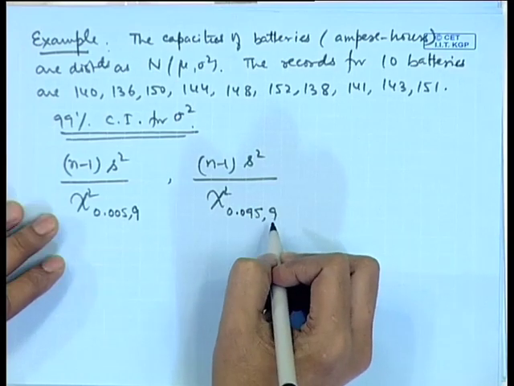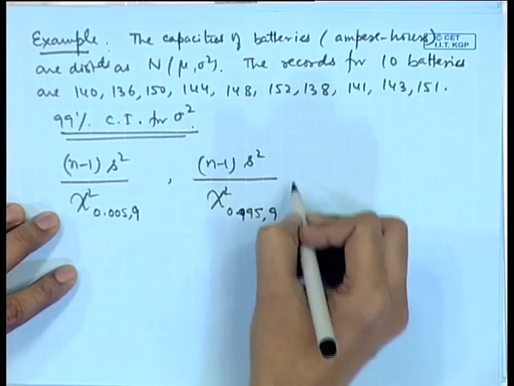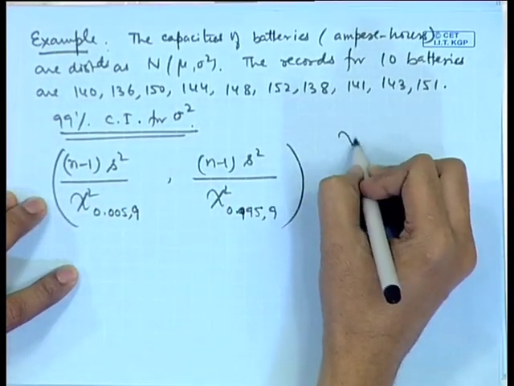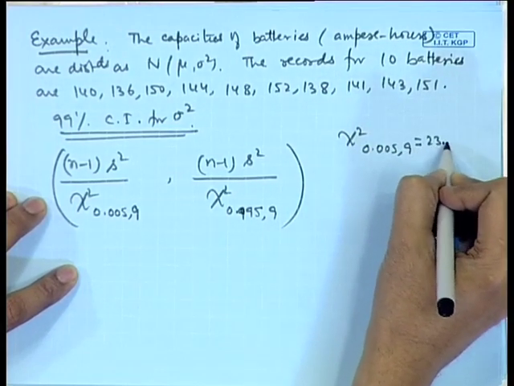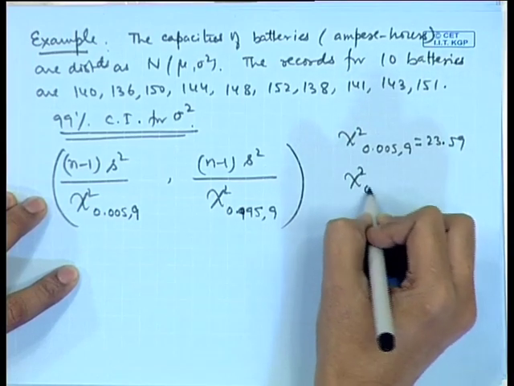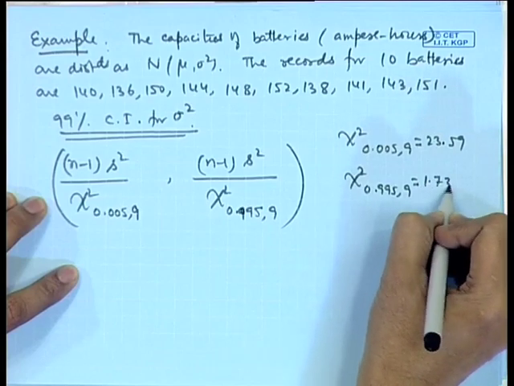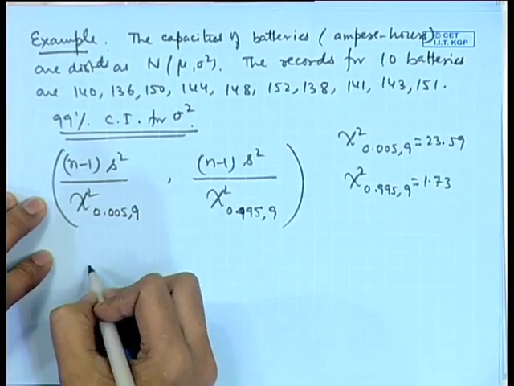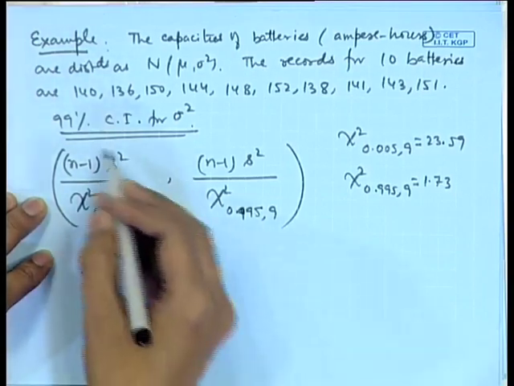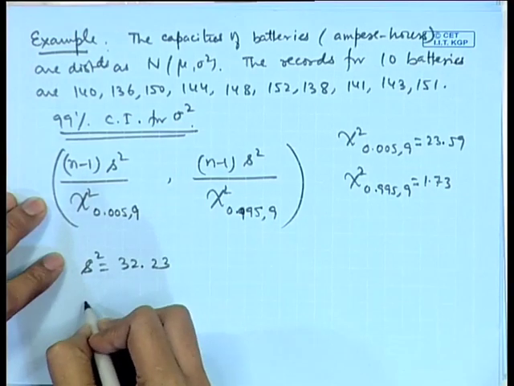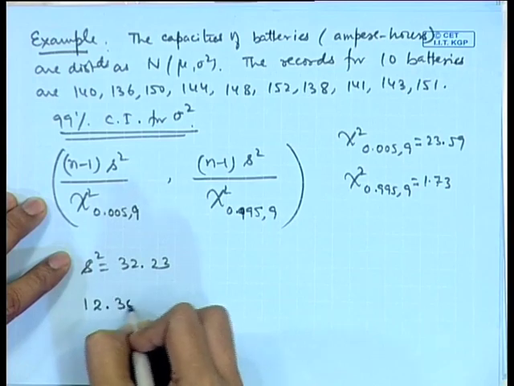0.995. These values we see from the tables of the chi square distribution: chi square 0.005 on 9 degrees of freedom is 23.59 and chi square 0.995 on 9 degrees of freedom is 1.73. s square we calculate here, it turns out to be 32.23. So, after substitution of these values, the confidence interval turns out to be 12.30 to